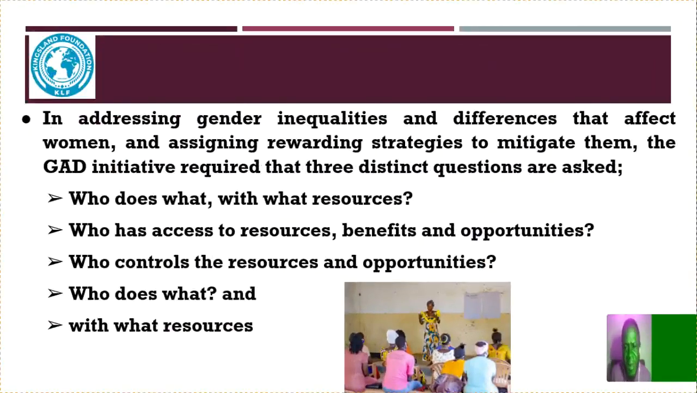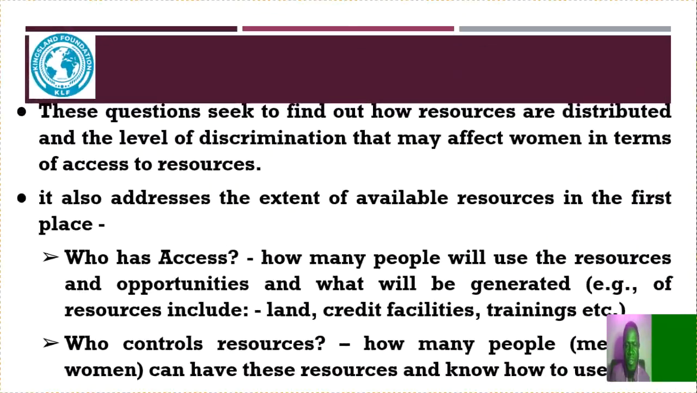In addressing gender inequalities and differences that affect women and designing strategies to mitigate them, the GAD initiative required that three distinct questions be asked. One of them is who does what with what resources, who has access to resources, benefits, and opportunities, who controls the resources and opportunities. These questions are crucial. This question seeks to find out how resources are distributed